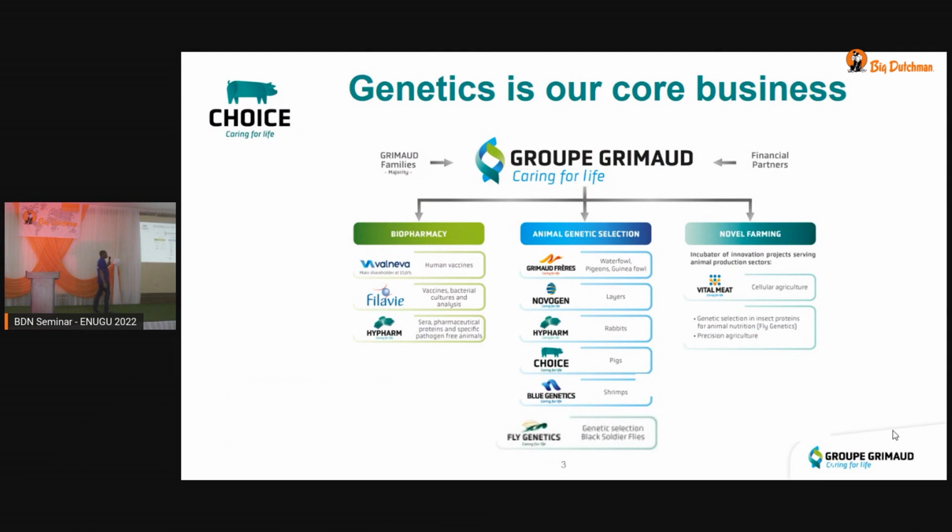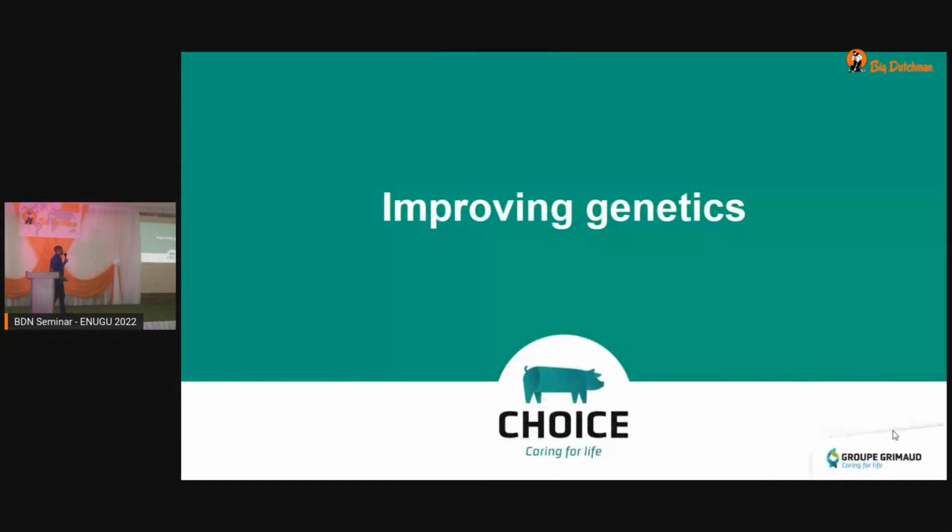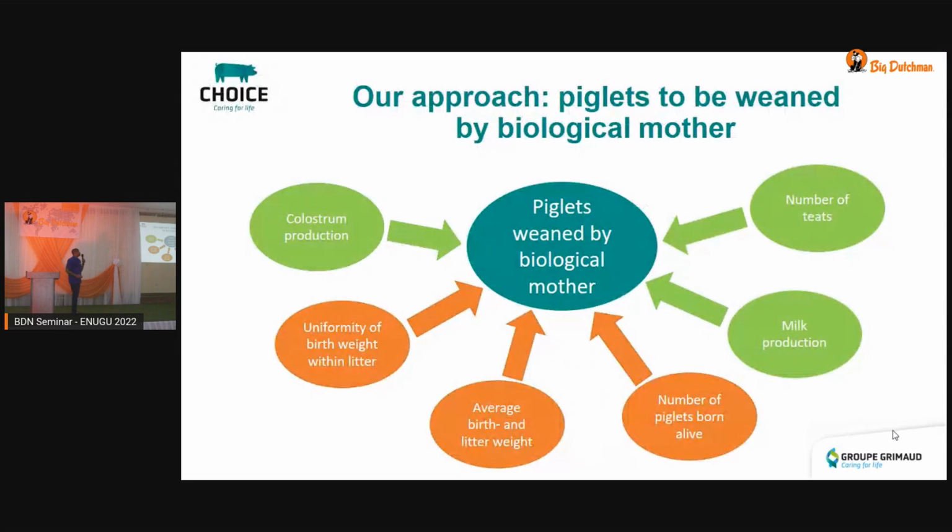Firstly, I will introduce Choice Genetics, which belongs to a bigger group called Grimaud. Improving genetics. Why do we need to improve genetics? Because